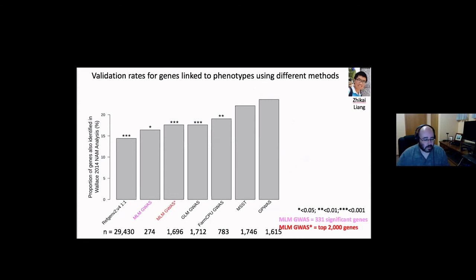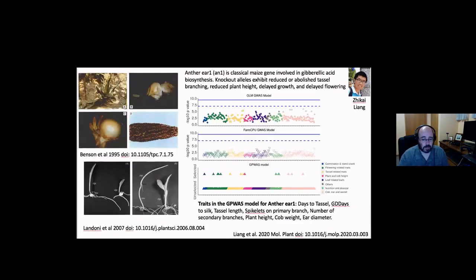So we can try and validate how well this is working quantitatively, looking at sets of genes that were identified in a different analysis of a much larger and better powered population, and say that our overlap and our validation rate is substantially higher. It's significantly different from many methods that are single trait. For me, I think this is the more convincing statistical argument, but the more compelling argument is to look at